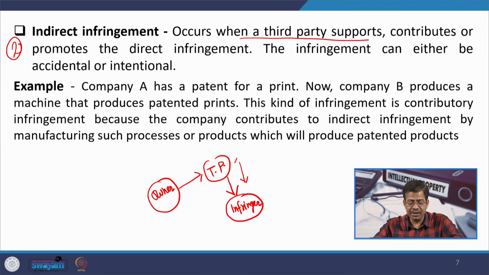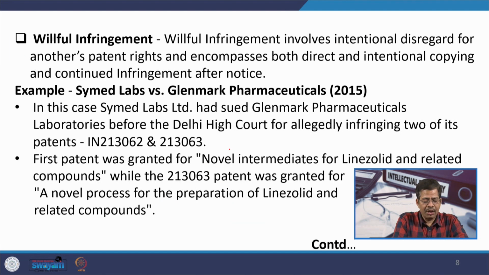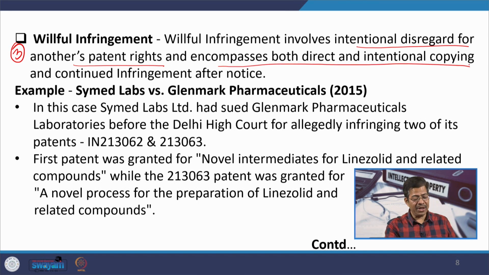So, there are intentional and accidental, both these things. Generally, it appears to me that it is more intentional than accidental, because of the commissions or some other kind of favors which this third party gets. So, they are trying to sell or provide the technologies which otherwise may not be copied. Then the third type of infringement is willful infringement. Now, this willful infringement involves intentional disregard for another's patent rights and encompasses both direct and intentional copying and continued